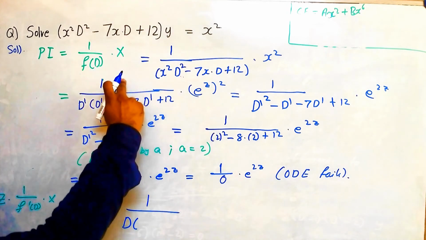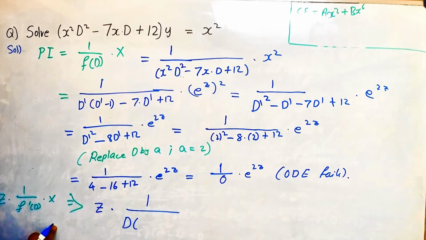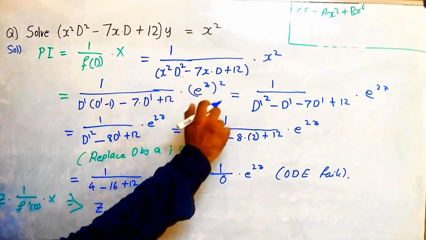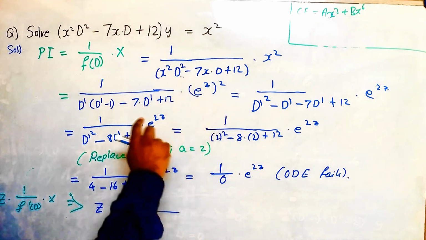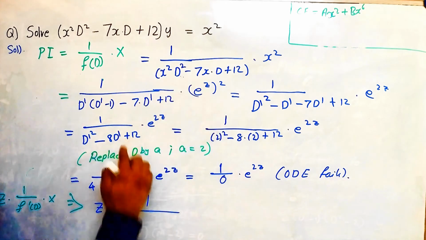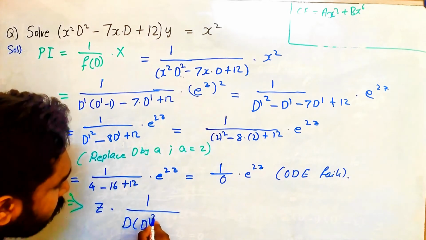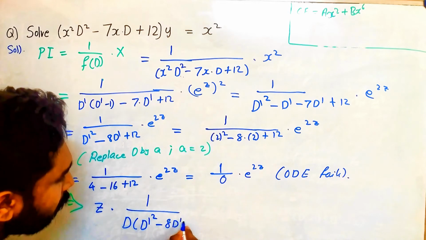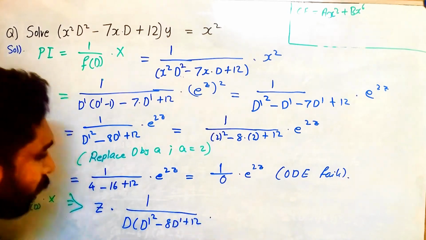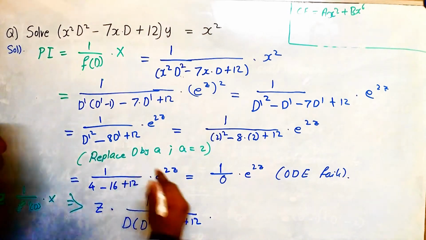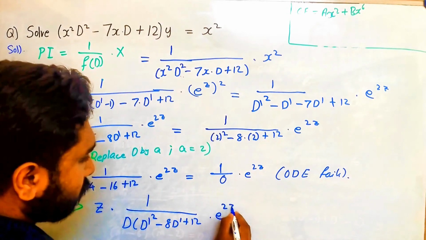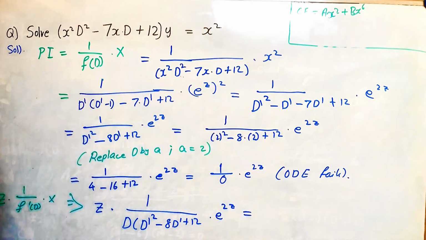So what is f of D? F of D is D dash square minus 8D dash plus 12, into capital X, hence the right hand side value, e to the power of 2z. That is equal to z into